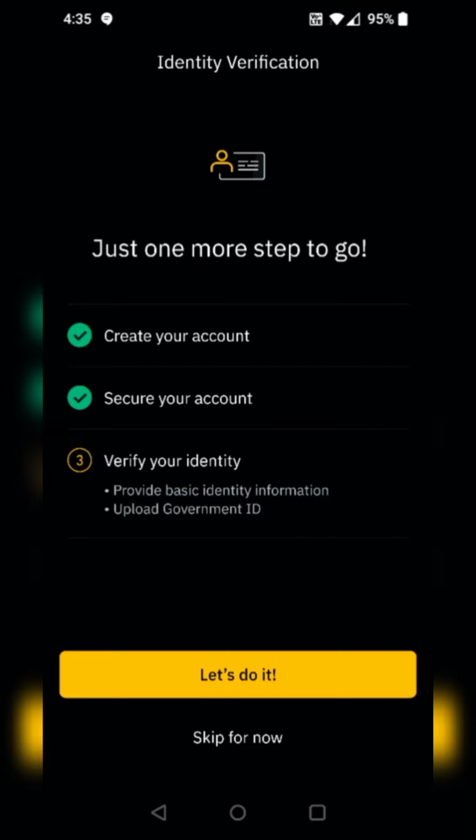Now, I've heard that the regular Binance app isn't as stringent with this verification process. I'm not sure because I haven't signed up for the regular Binance app, but if you're going through that process, it might be a bit different than what you're seeing here on the Binance US version of the application. Now for verifying your identity, you can click skip for now, but this is going to limit what you can do in the Binance US app, so I recommend just doing it at this point in the process by clicking